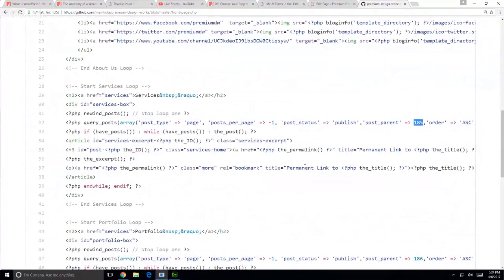All right, and I am saying query posts, basically post parent 185. So anything that has the post parent of 185, specifically the post type of page. So we're looking for pages under 185 to get. Does that make sense? So if services here is, and don't worry, I will take a photo of this. So if services is 185,